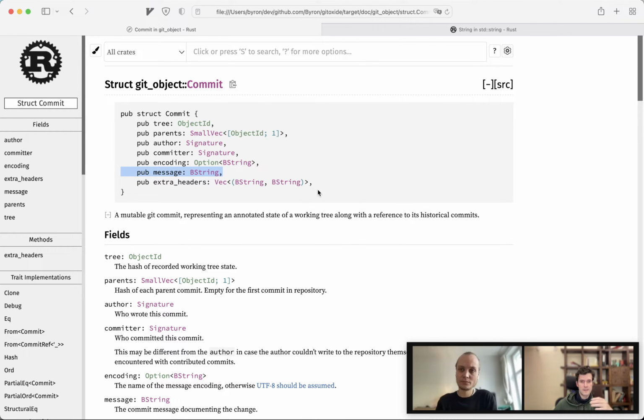And it's fair that Git doesn't impose any restrictions, because sometimes Git simply doesn't know the encoding. Also, it does not care necessarily, because it's just a matter of your terminal configuration and your personal configuration, unless you specify the encoding, which you can in various ways as well. But then also Git usually does not care about the encoding. In most cases it doesn't, but it's something that other programs can extract and then use to know how to decode the message. And that's Git versus Rust in this case,